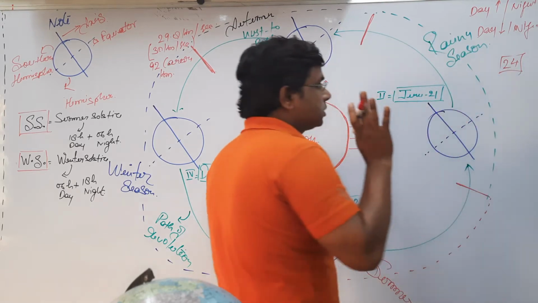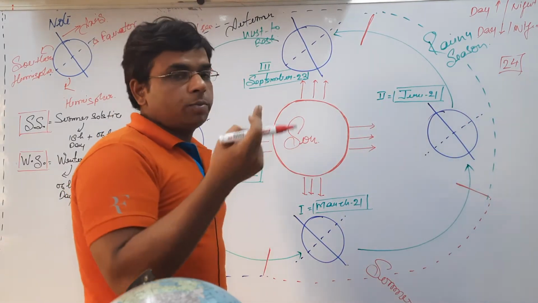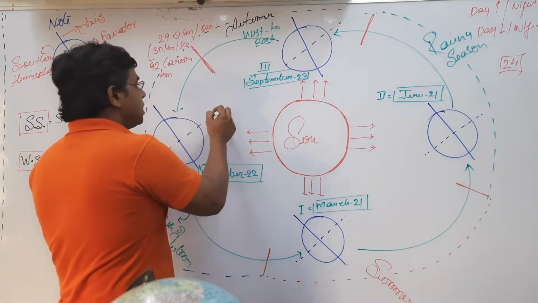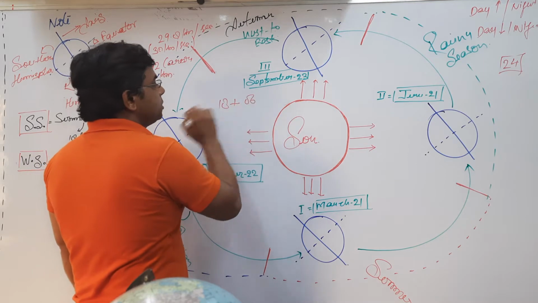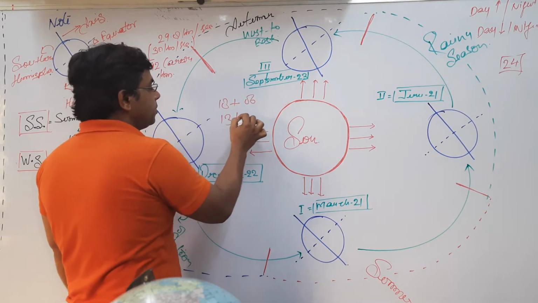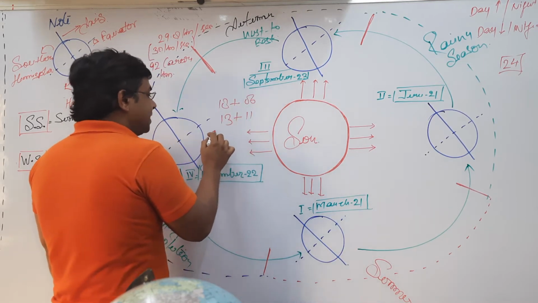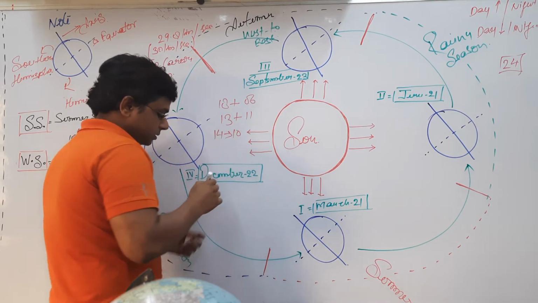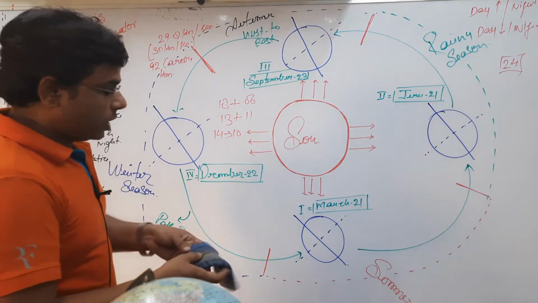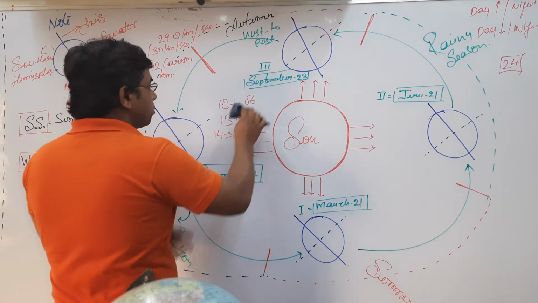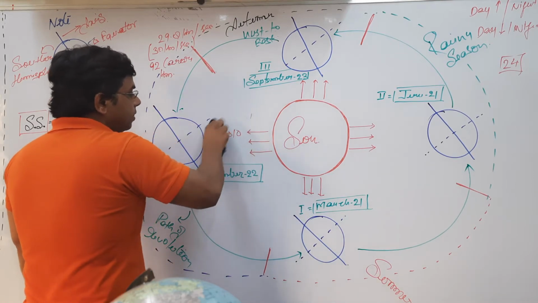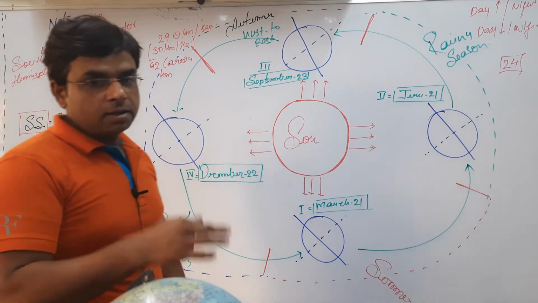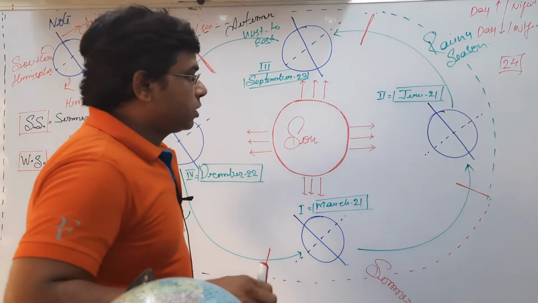To this we are very much clear. The night may be 18 hours, 6 hours or 12 hours. If the night is 18 hours, then the remaining time of the day will be 6 hours. If the night is 13 hours, then the remaining time of the day is 11 hours. If the day is 14 hours, then the remaining time of the night is 10 hours. So whatever the increasing or decreasing proportion of the duration of the day and the night, the complete length of one day is 24 hours.